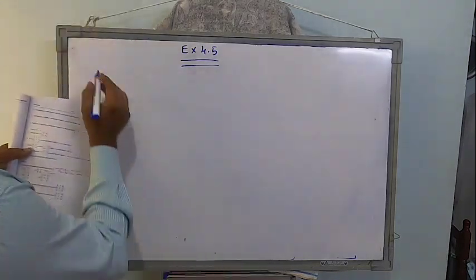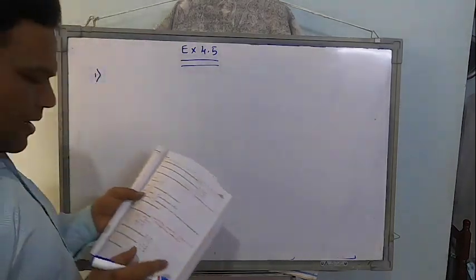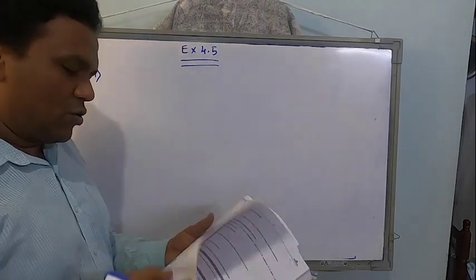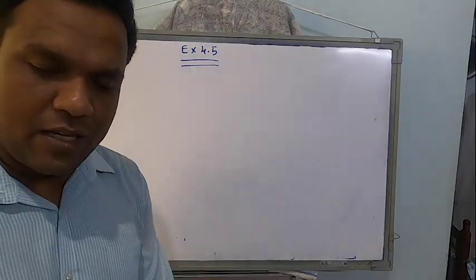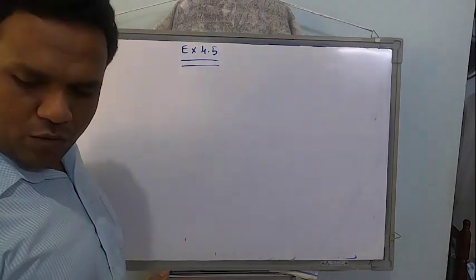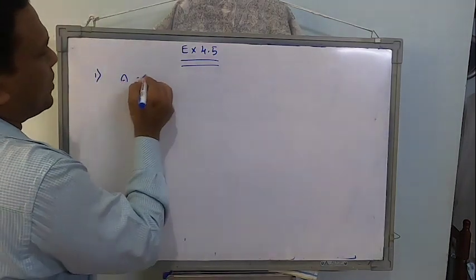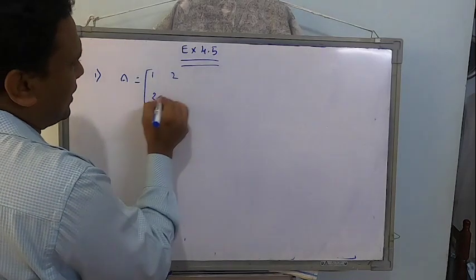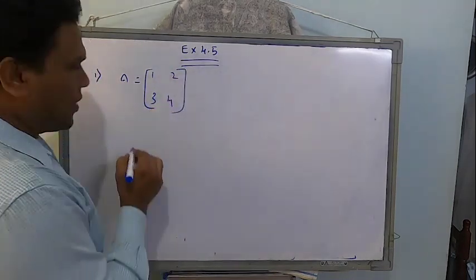Okay. So what they said is find the adjoint of the following matrices. As you notice, there are two problems. So let us find out the adjoint. It's a 2 cross 2, right? I already told you how to do it in a shortcut way. So A is equal to 1, 2, 3, 4. The standard way of doing.